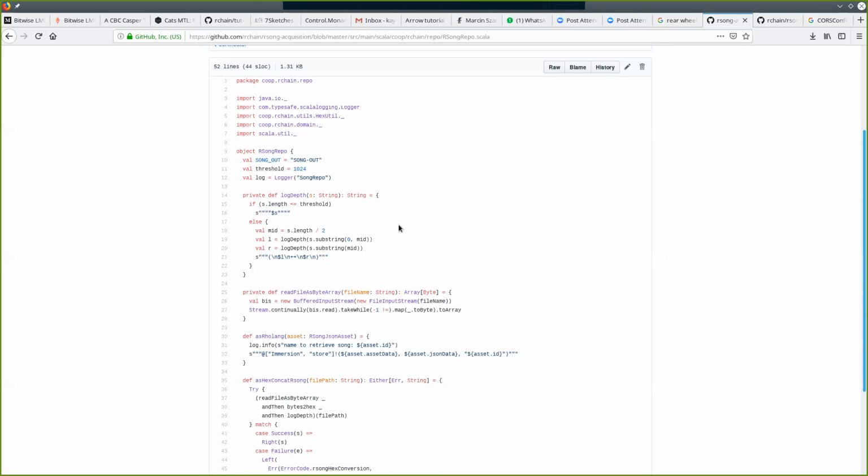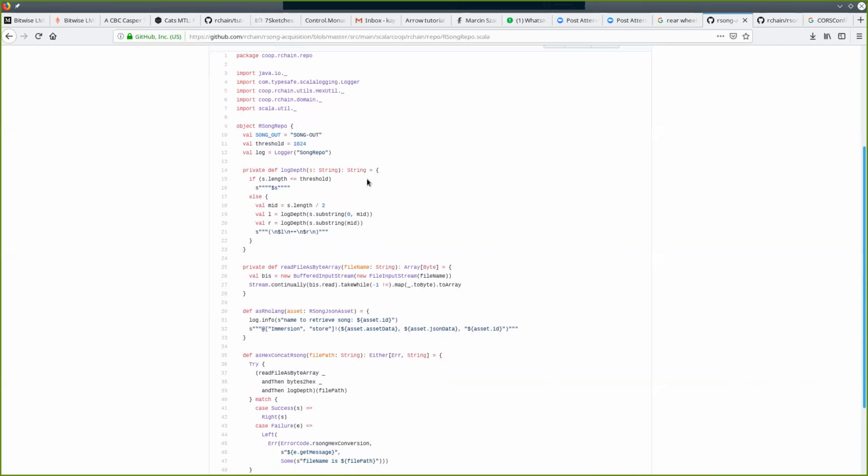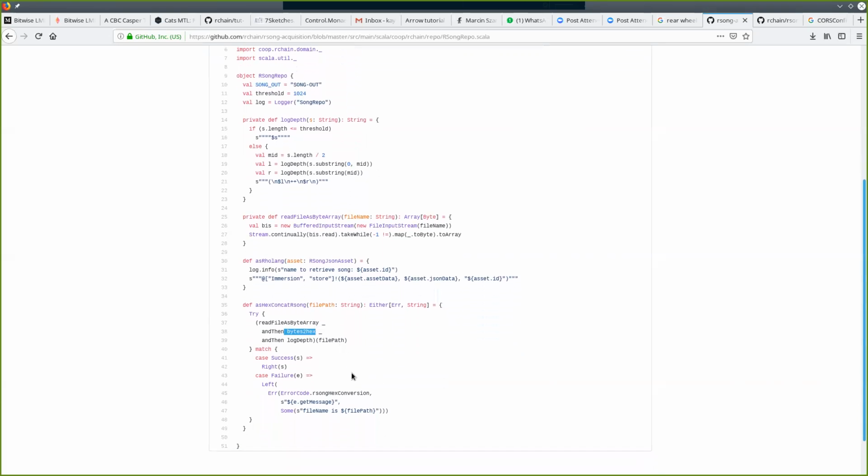So, what can I tell you about the repo? Same type of idea, basically. You build in the Rholang. You read the binary file. You convert it from byte to hex. So basically now you expanded it. And you have to go through this log depth path. And that's a limitation of